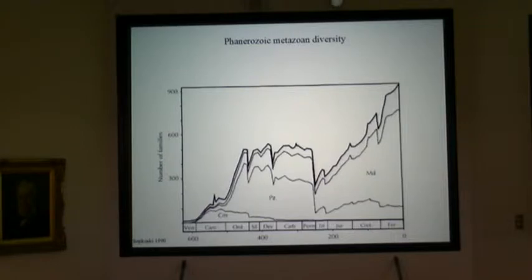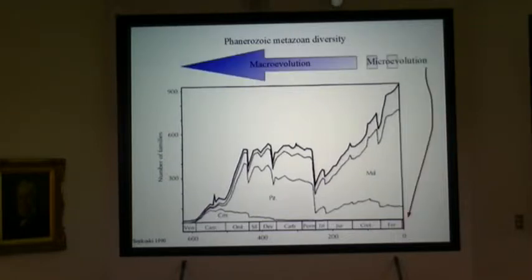Now is on the right-hand side. The issue is that while we can look at ecology and stickleback and guppies and all these things, I'm just sort of rounding off these things that Andrew does. We can look at that to the nth degree, at the genetic level, at the phenotypic level, behavioral level, and all that. The thing is that most evolution is on this macro scale, and macro scale